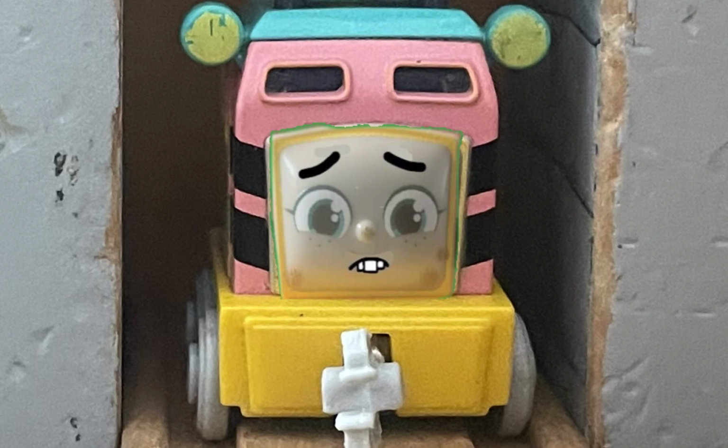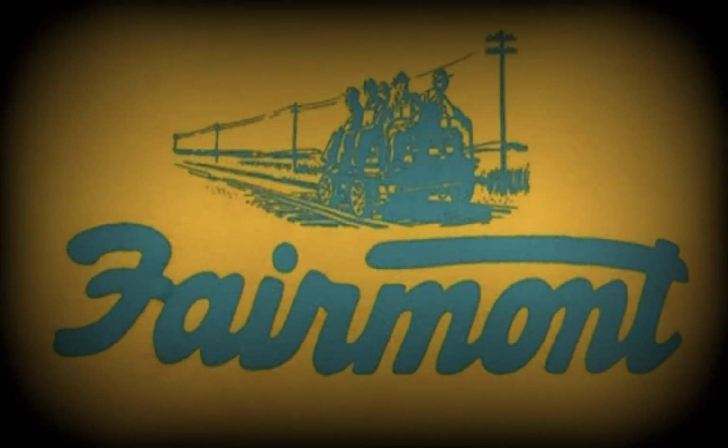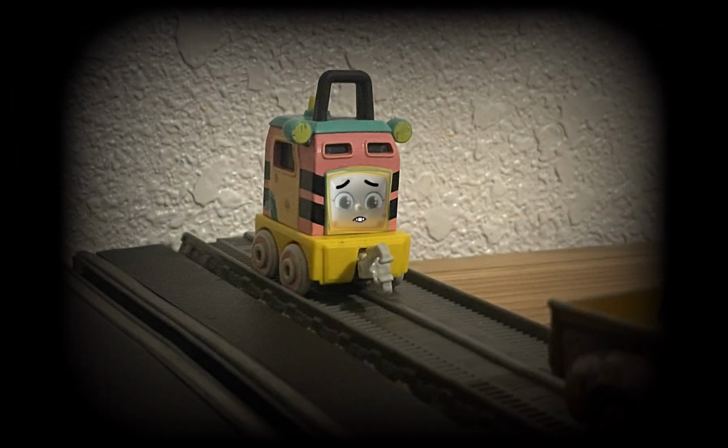Before Sandy worked in Santa Cruz, California, she lived in Minnesota and was owned by the company Fairmount Railway Motors. However, during the 1990s, Sandy's work was coming to an end, for she was being replaced by pickup trucks, as well as sports utility vehicles that were fitted with chassis to travel on the rails, and it was much more